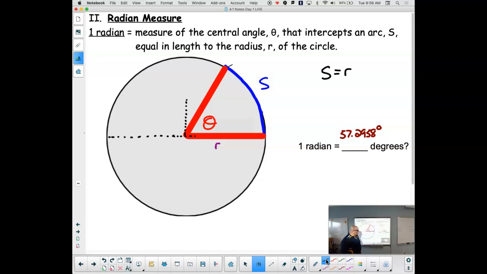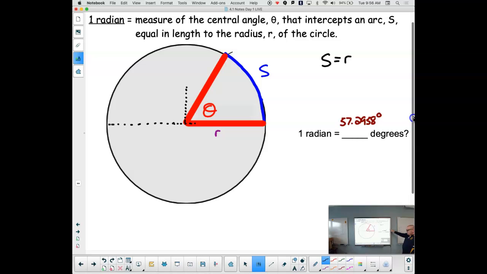When S equals R, so when our arc length equals 1 radius, the way we got that is because now if we think about it, we've got